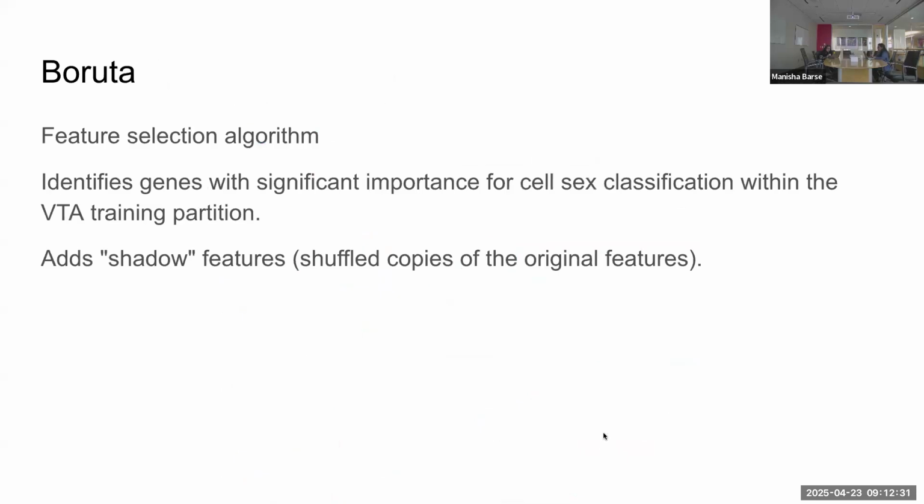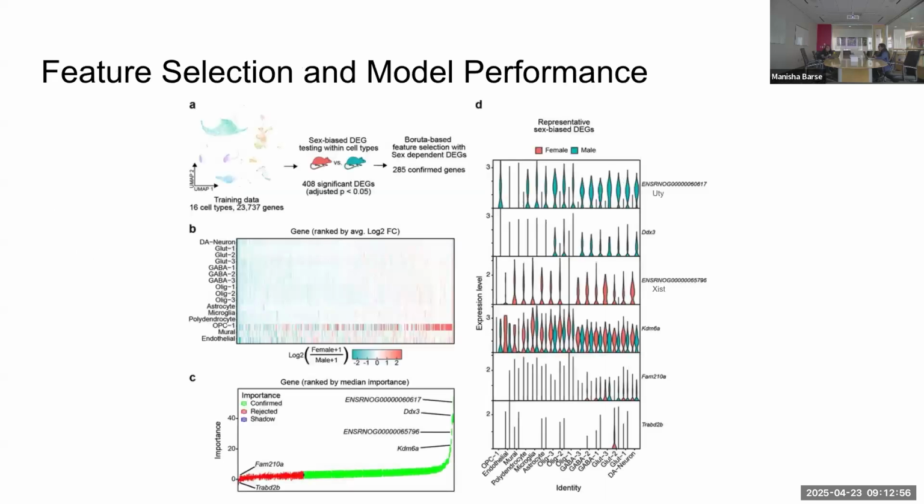Then, just briefly, Boruta is basically a feature selection algorithm, and it identifies significant importance for the cell type classification for the training partition. Boruta adds the shadow features, which are shuffled copies of the original features. So after the feature selection and the model performance, the training data set, which has 16